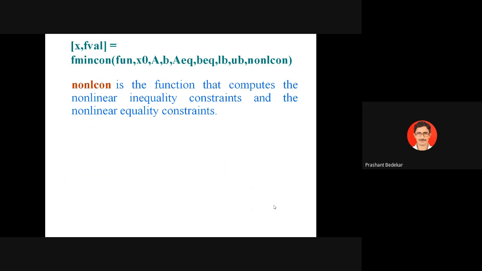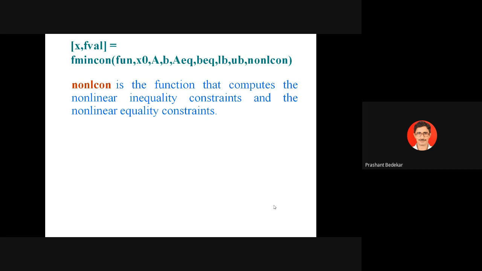Inequality as well as equality. Actually, this function fmincon is a little bit difficult to understand in online mode. When you practice this, you will realize what exactly is to be done. So this needs a lot of practice, fmincon, and this is, I will say, the most widely used tool,